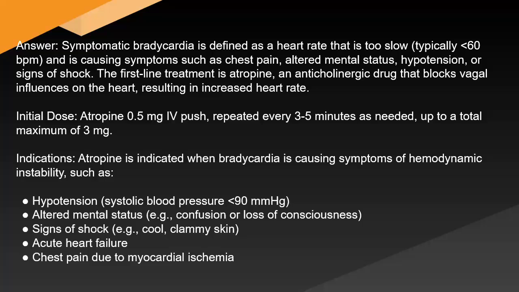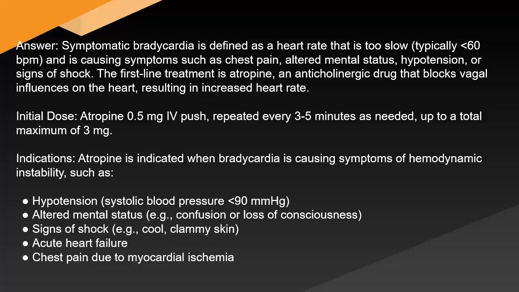The first-line treatment is atropine, an anticholinergic drug that blocks vagal influences on the heart, resulting in increased heart rate. Initial dose: atropine 0.5 mg IV push, repeated every 3-5 minutes as needed up to a total maximum of 3 mg. Indications: atropine is indicated when bradycardia is causing symptoms of hemodynamic instability, such as hypotension, systolic blood pressure below 90